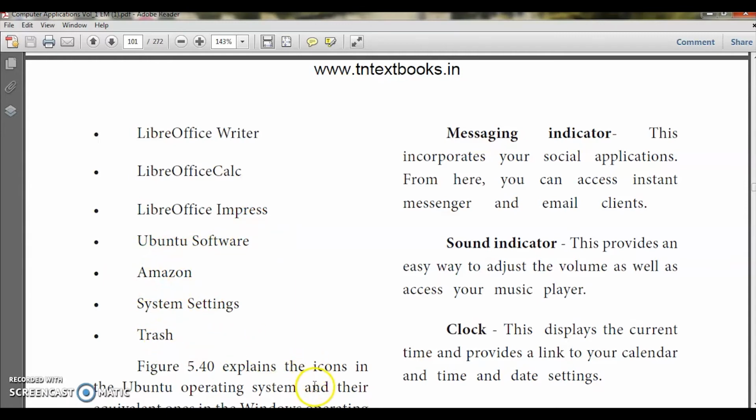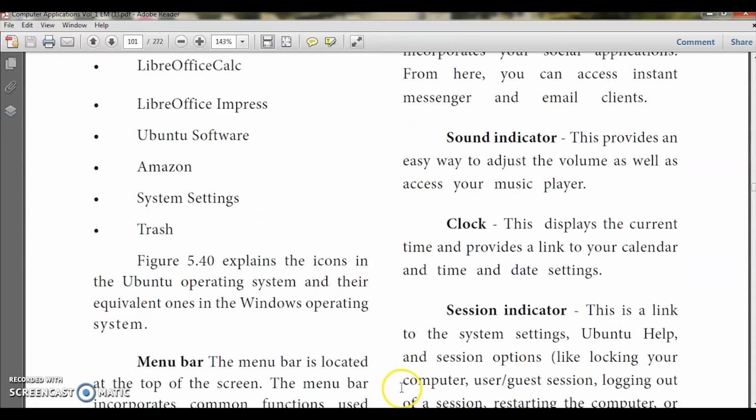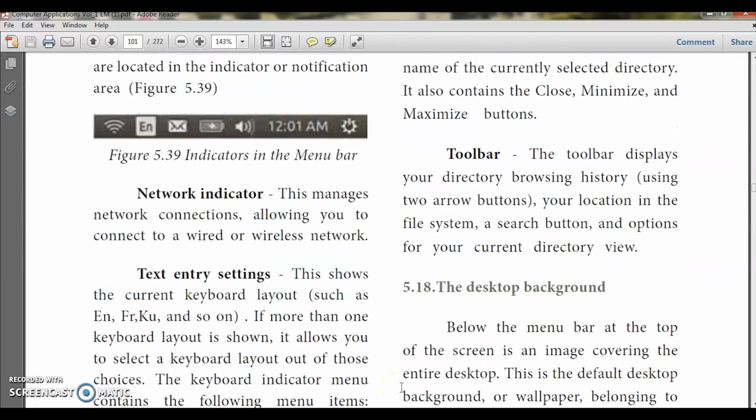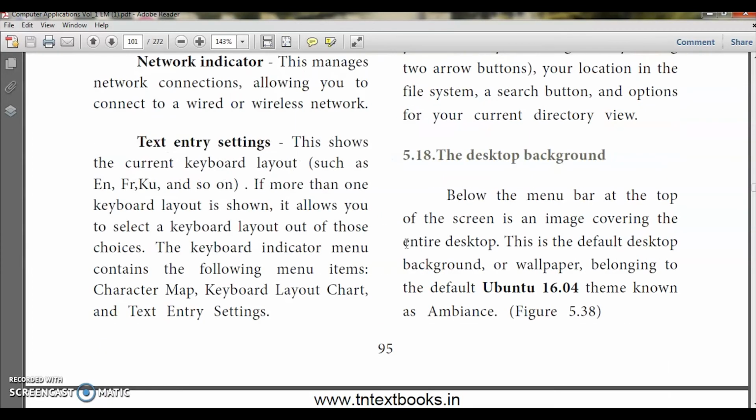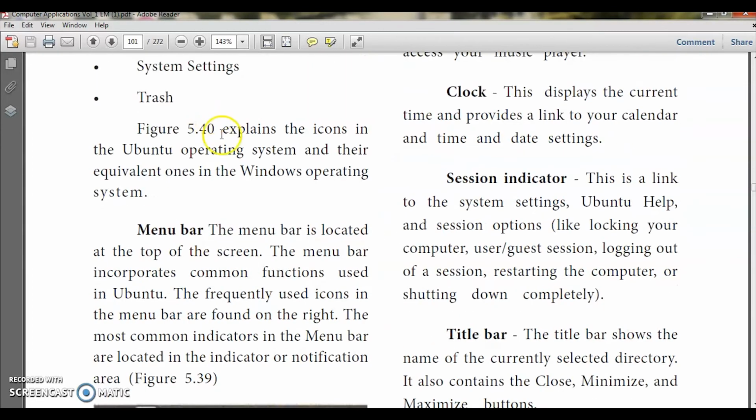So they have given here what all the icons are and for what purpose. Okay, so this picture will give you a clear explanation of every icon, and their equivalent ones in the Windows operating system.